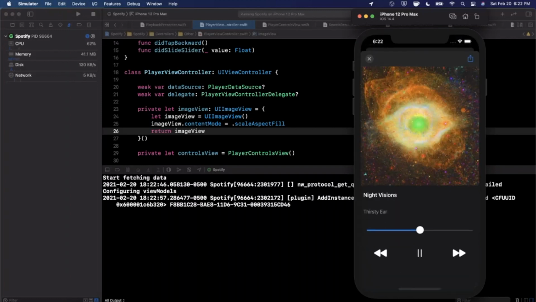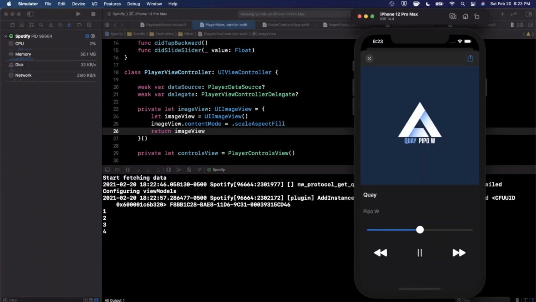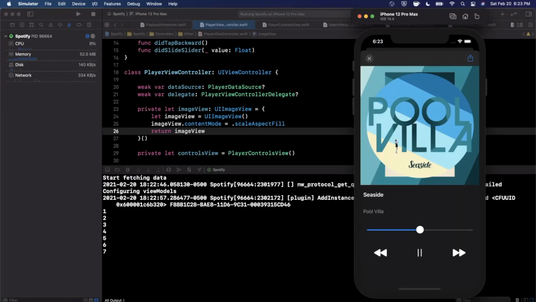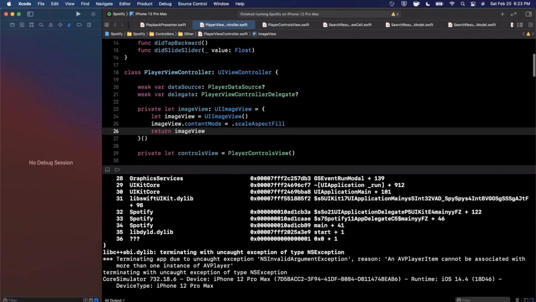There is our track. There is our image. We're going to hit next here. And we're going to wait for our print. It looks like it's a little slow. I actually don't know if I even tapped it. But once you go ahead and tap it, it should go and switch. It's just a little slow. And then it seems like once you tap it for the first time, then it actually does go and get much quicker. Looks like previous is crashing at the moment because we're just trying to go to a track that's